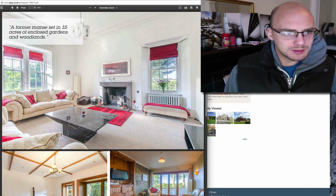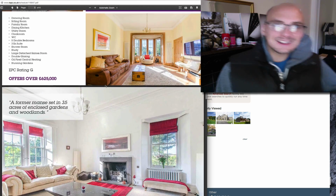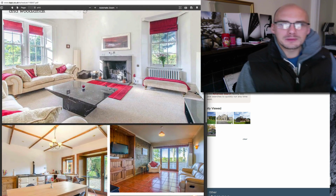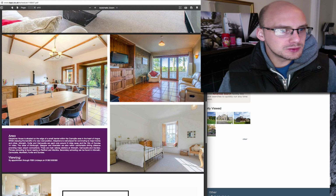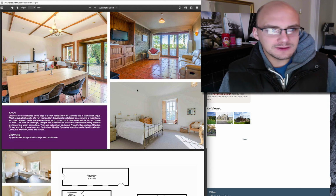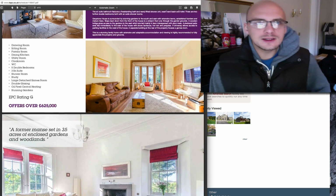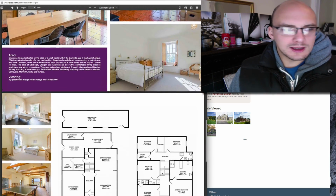I'm impressed with this person's work here. Again, another lovely one. See, this is how I think property schedules should be done. Nice big images, good wide angle shots of the rooms, so you get a good idea and feel. The only thing I would add is that there are no shots so far showing the connection from room